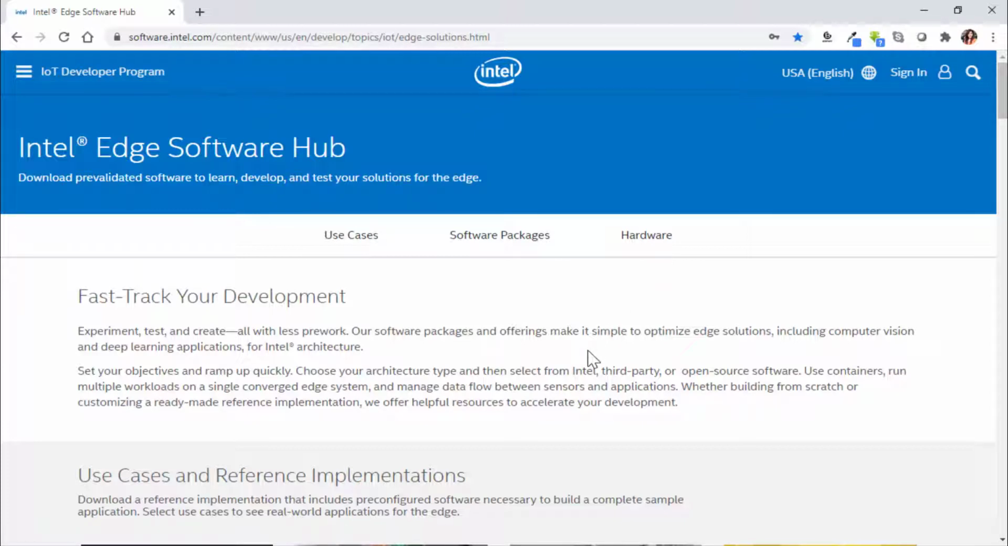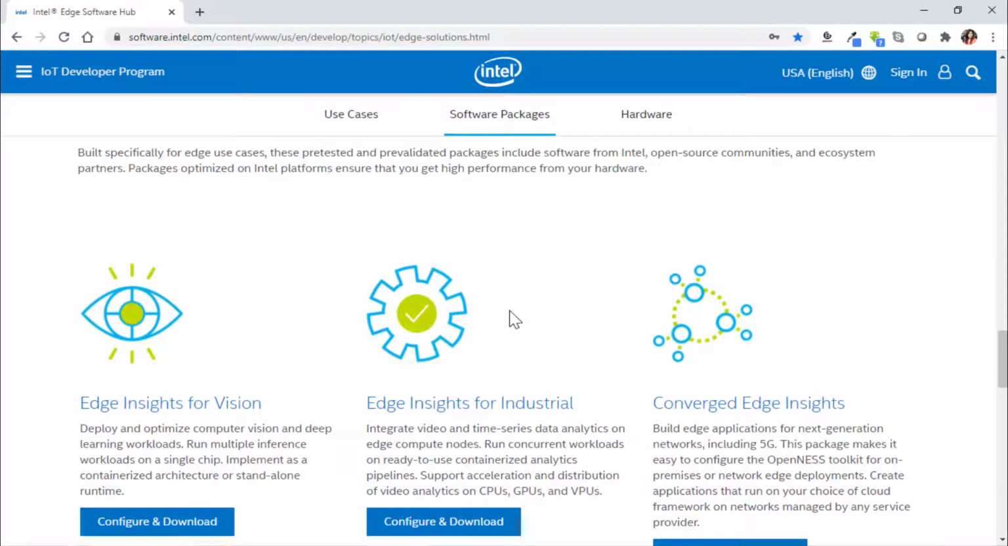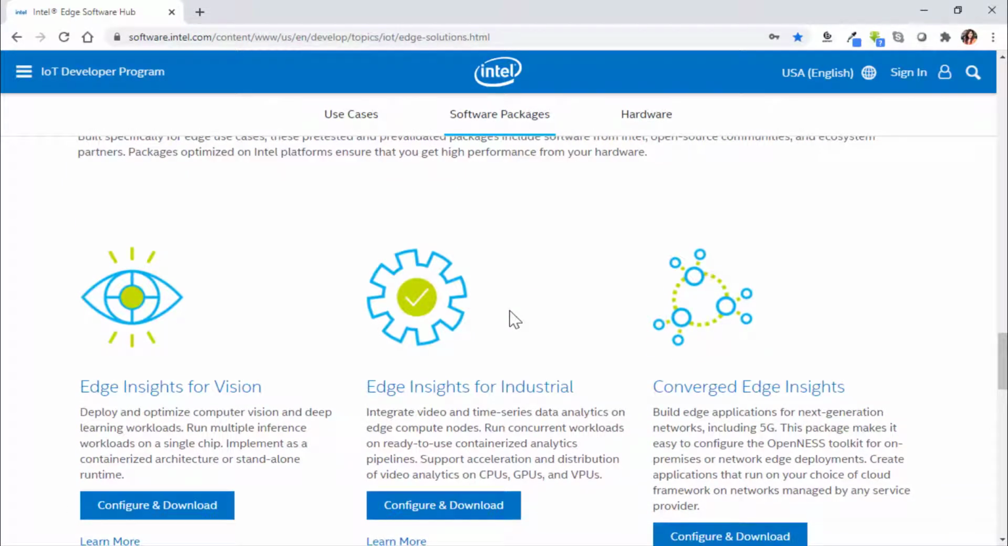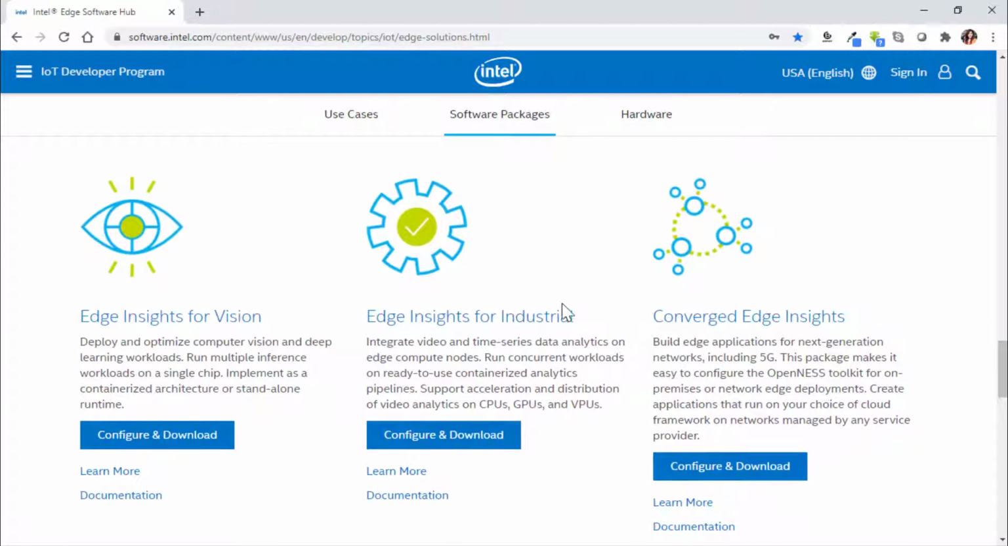With Edge Software Hub, you can explore an array of resources, including tutorials and sample code, easy-to-use software tools, and pre-validated and configurable software offerings. You can download a pre-validated software package and access tutorials and samples to build out your own solution. The software packages and offerings make it simple to optimize edge solutions, including computer vision and deep learning applications for